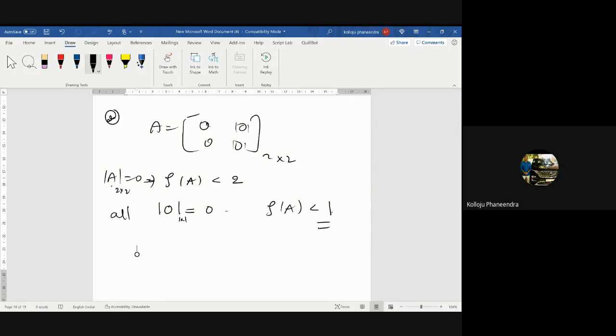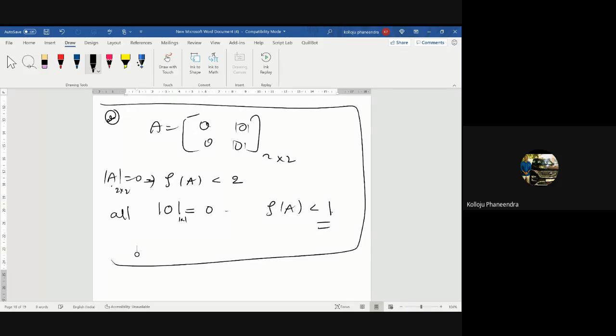Listen. In Grewal textbook, there are some mistakes. Mostly in standard textbooks, it is given that rank is never 0. Rank is always a positive integer. Keep this in mind. The rank of a null matrix is given as 0 in the textbook, but you mention rank of A less than 1. That's it.